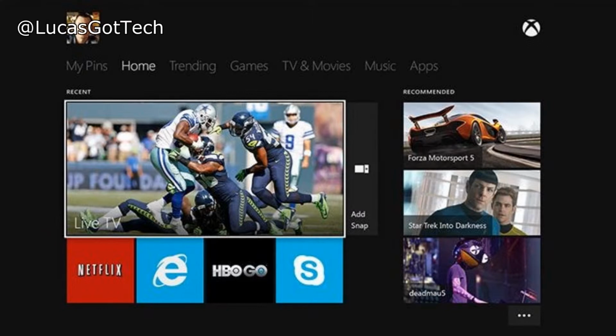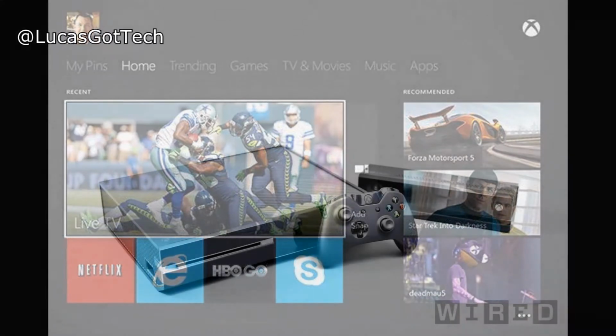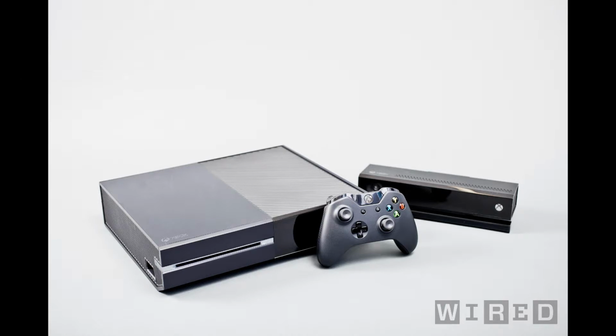You can also now group Skype with friends. Now, I think this is going to take over Party. If you go into Xbox Live and you get in a party, you can go up to, I think it's 8 people. You can now, instead of doing that, but you can still be in a party with people, group Skype. So you can actually see the person. How can you group Skype if a person doesn't have Kinect? Well, every single Xbox One comes with Kinect. So once you buy the console itself, you will also get a Kinect.